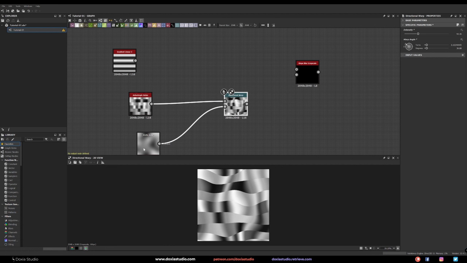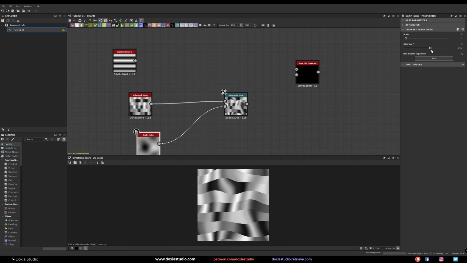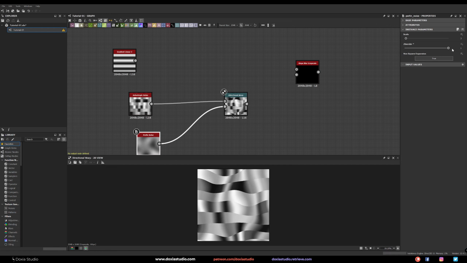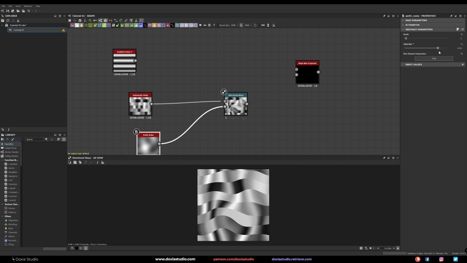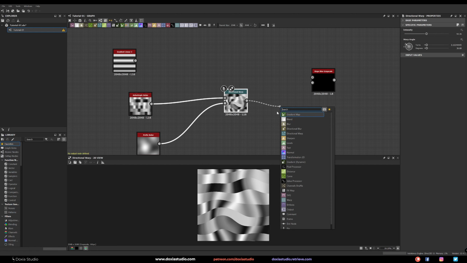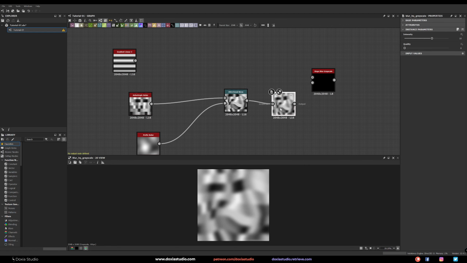You can come here, just one click on Perlin noise, so we can have the preview on the last one, okay? And play with disorder until the disorder is just animating the Perlin noise, okay? So just get the look that you want. So that's one way. Then I like to go with a blur, grayscale. Just blur this out a bit, not that much, but something like this.